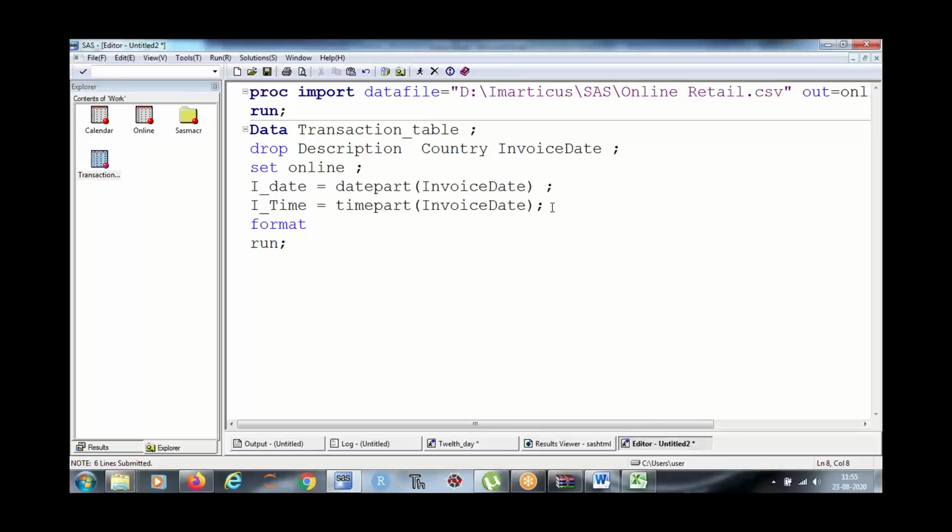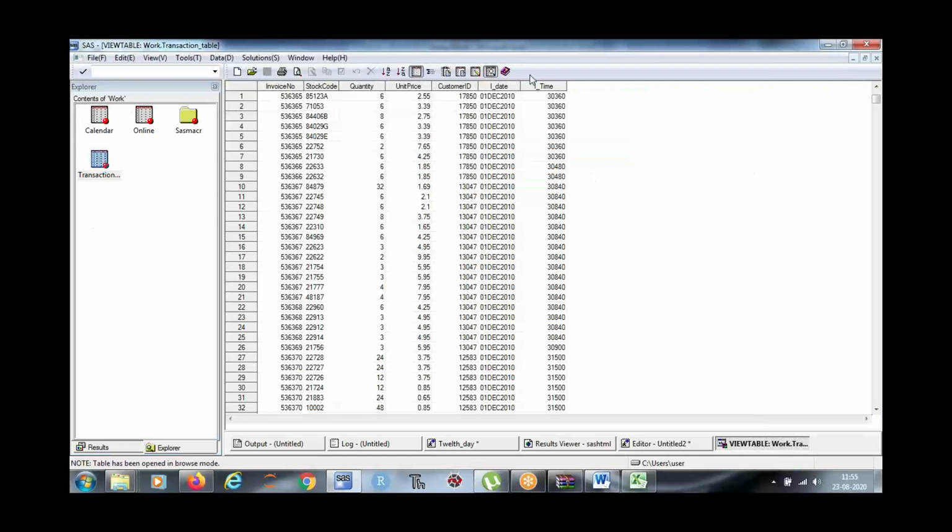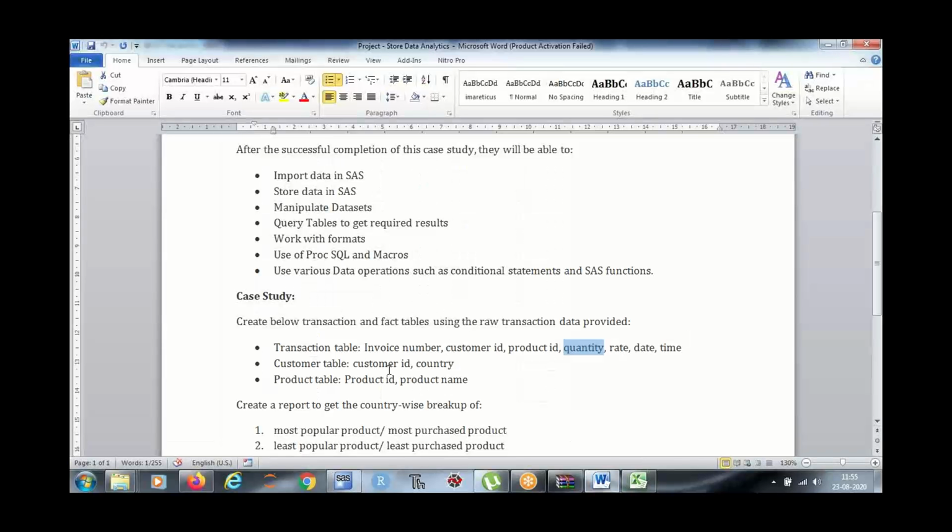Format I_date like date, and right. This is what you want. So this is done. Now next table, will you be able to create this?